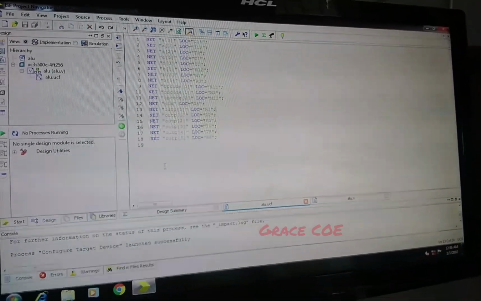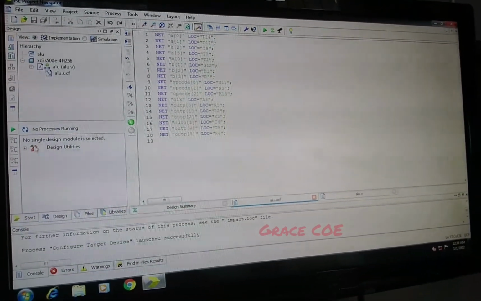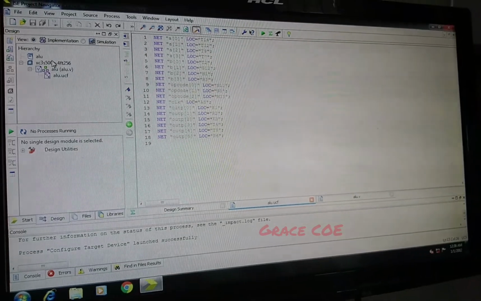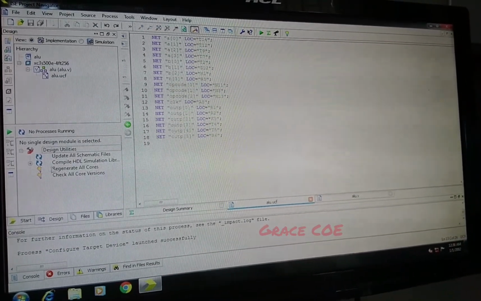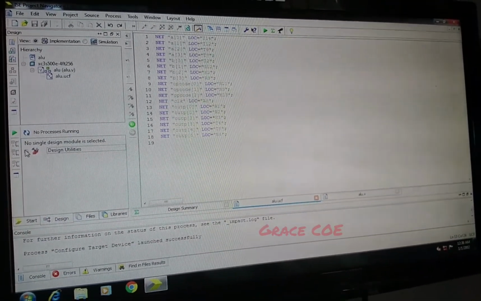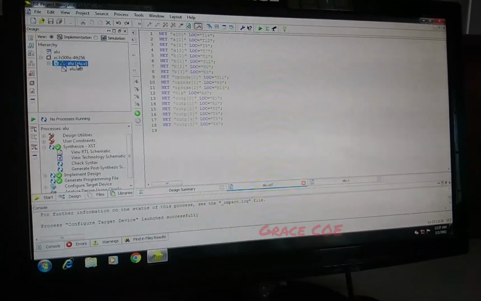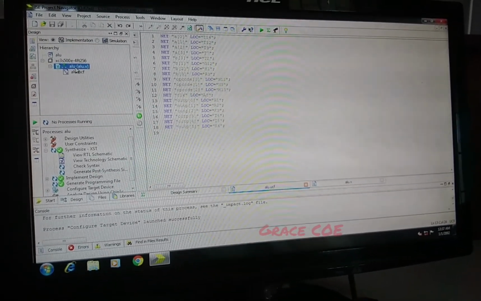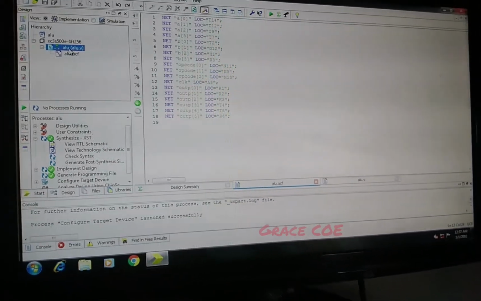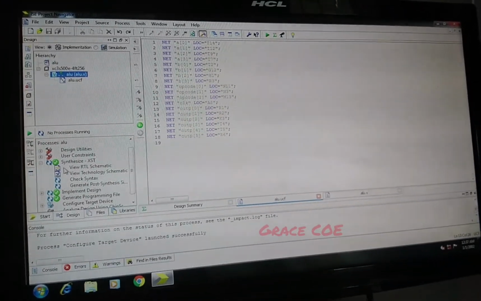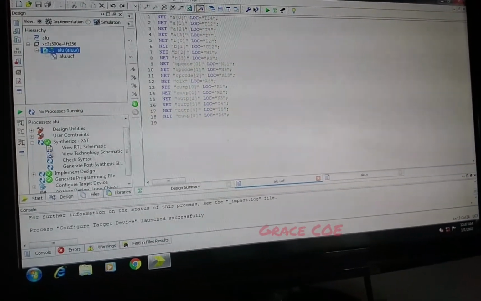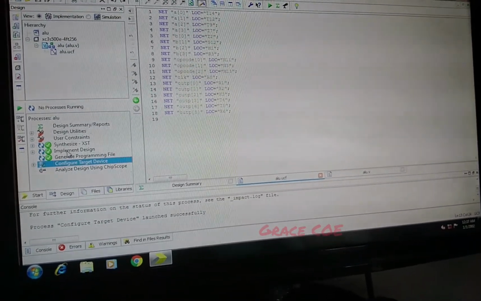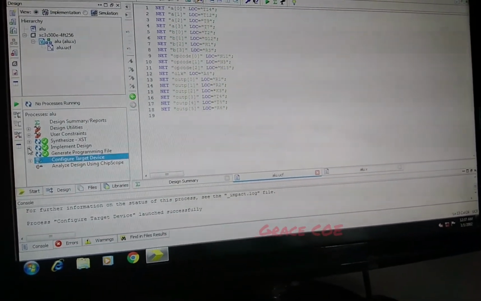After writing this UCF, we'll have to click on this device, then go to the design utilities. We'll be highlighting this .v file in which we have written the Verilog code, and then you can see the design utilities, synthesize XST and all those things. Here we'll be clicking on implement design.